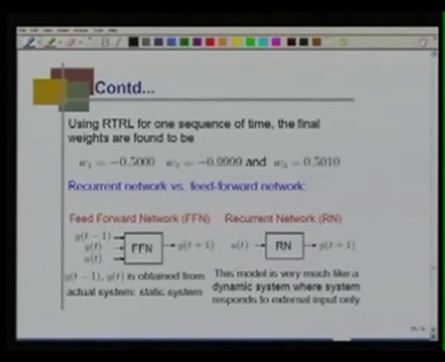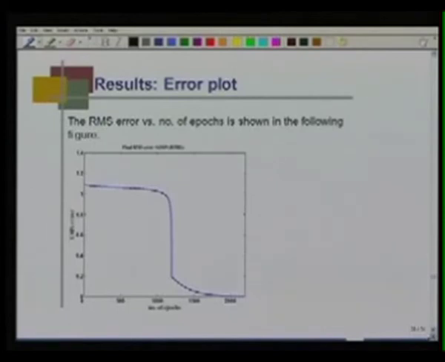So, what you are seeing here is that in this particular recurrent network, the real time one, my input is only ut, whereas if I would have trained the same data set with a static network I would have 3 inputs to the network. So, this is 3 by 1 and this is 1 by 1 network. So, this is more like a dynamic network. Recurrent network is a dynamic network. Okay. So, RMS error versus number of epochs. You can easily see how RMS error is decreasing and going towards 0, with number of epochs being 1500,